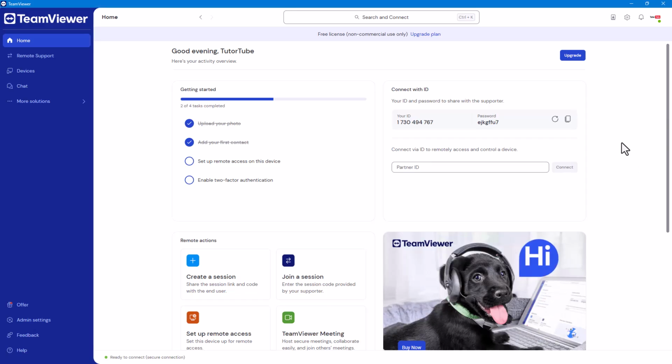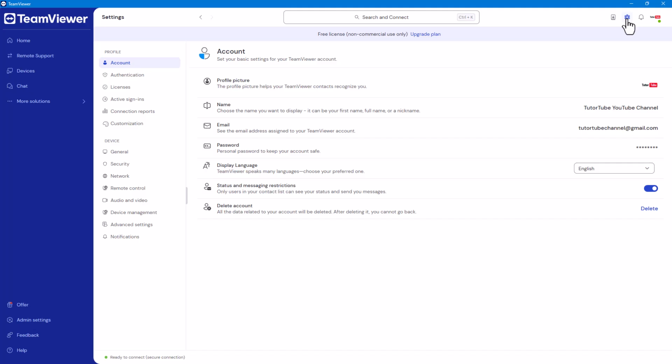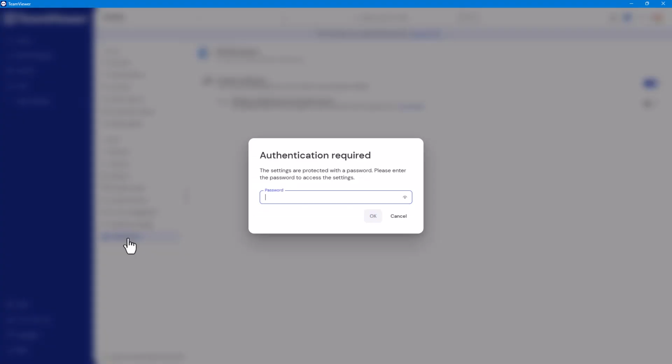So from TeamViewer, you might get different notifications. And if you want to go ahead and change around the notification settings in TeamViewer, you can go over here onto settings by clicking on the gear icon. And then what you can do is, over here on the left hand side, click on notifications. So once you go ahead and do that, over here I can go ahead and enter the password